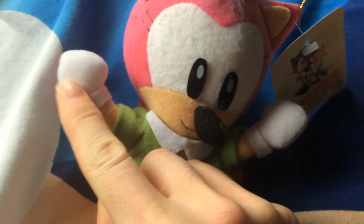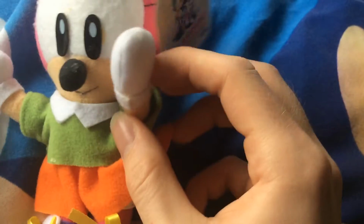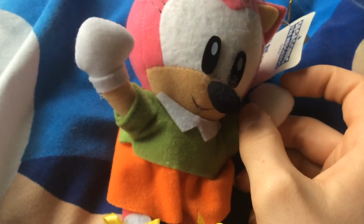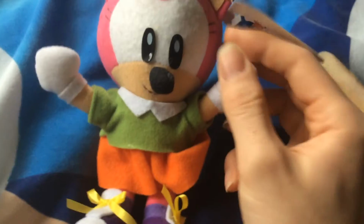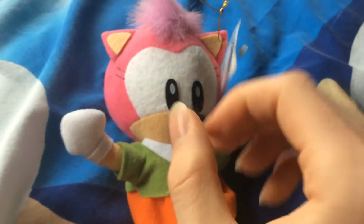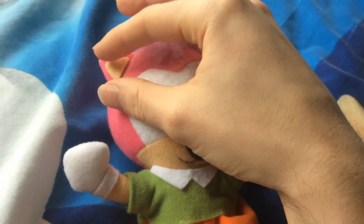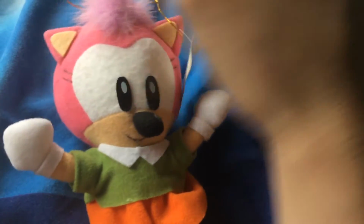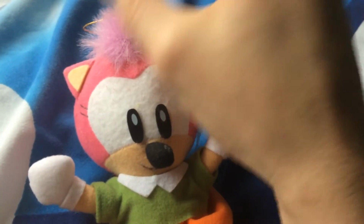The hands are a bit strange though, because like most classic Sonic stuff, the hands will usually have separate sort of split fingers, but Amy here has only got gloves where she's like Knuckles actually. She practically has no fingers. That's a bit strange, but they're really well stuffed. The ears are not stuffed, but they've got this felt, which is really nice fabric there, for the outside of the ear. And this is probably my favourite part of it. The favourite fabric. The hair is actually sort of made out of